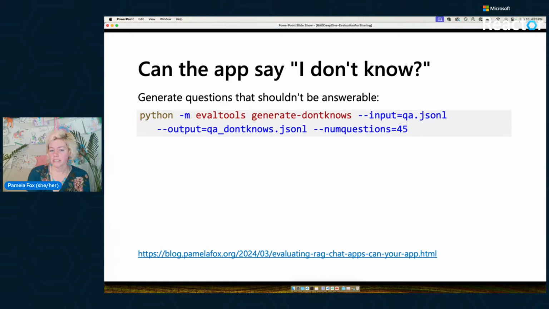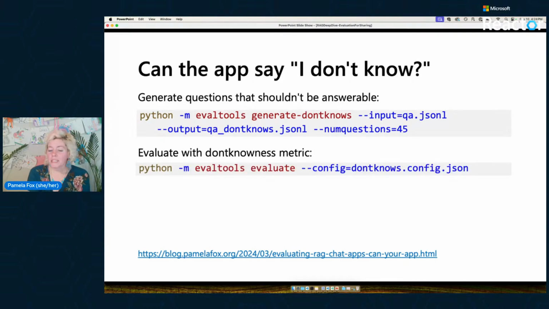So questions like who painted the Mona Lisa, or nonsense questions like why is this guy talking? I don't know, something, right? So there are various categories of questions that it should know the answer to. Some are popular culture ones that aren't in your domain, but others are just nonsense questions, right? And then I have a metric, this GPT metric called don't knowness, which is just